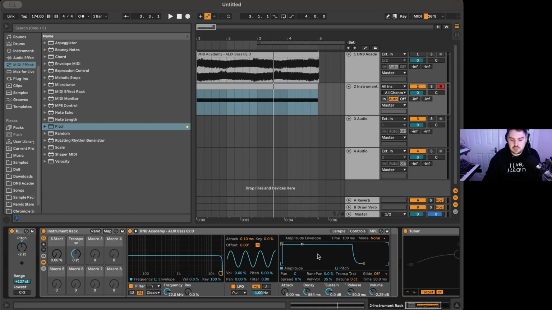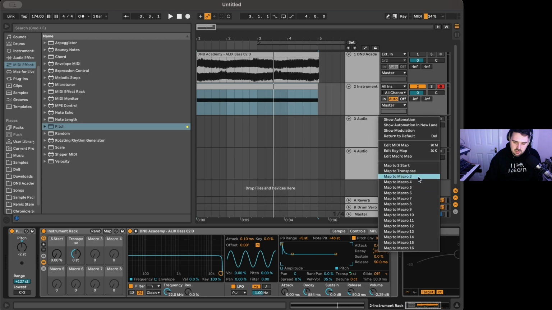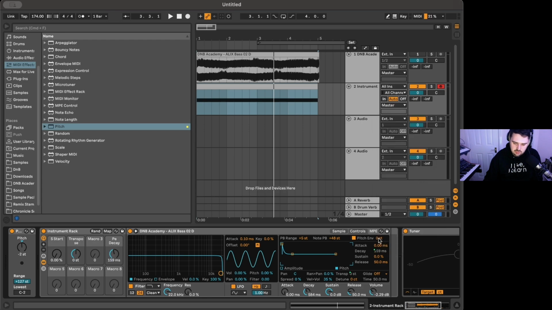The next thing that I want to do is to match the pitch envelope controls. So we're going to go to pitch, and then we're just going to map the decay. I'll map the decay to 4 and the pitch envelope to 3, so that we can then set that. You can hear that we can then adjust that. If I set that to 24, for example,